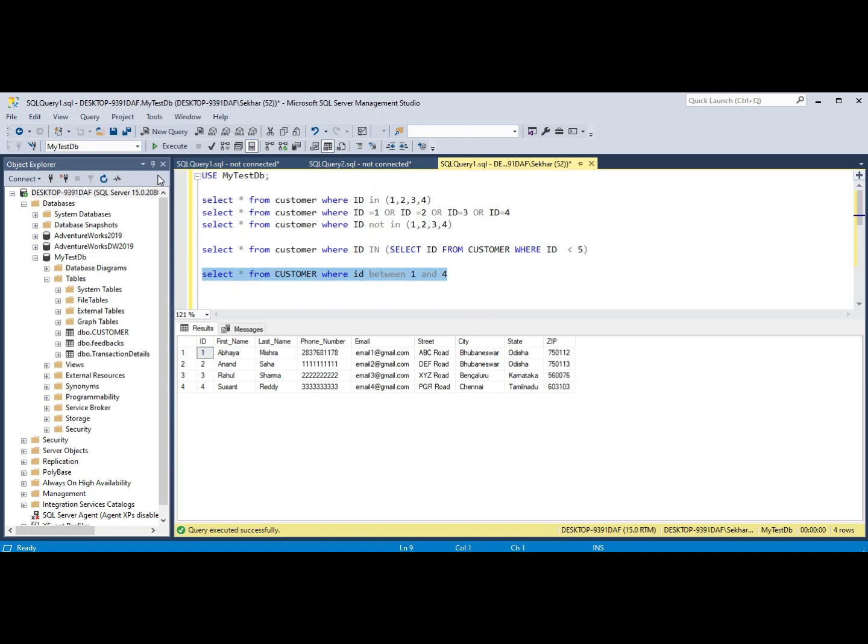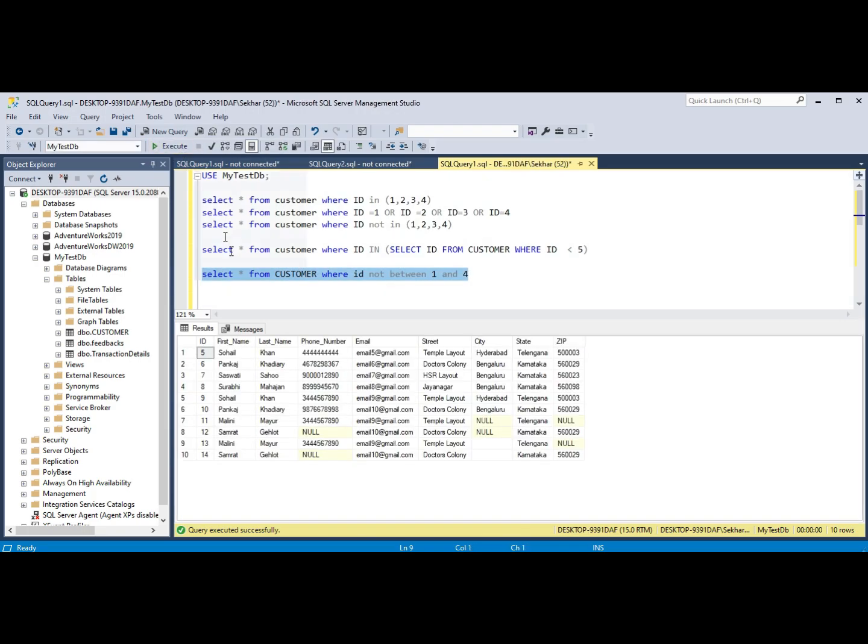So if you run this query, it will give you the same result. And if you want NOT IN like we used before, here also you can write not between 1 and 4. It will give you the rest of the result except 1 to 4. You can see the difference, right?